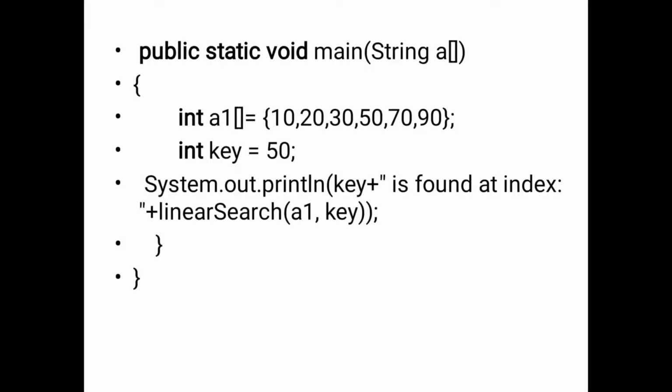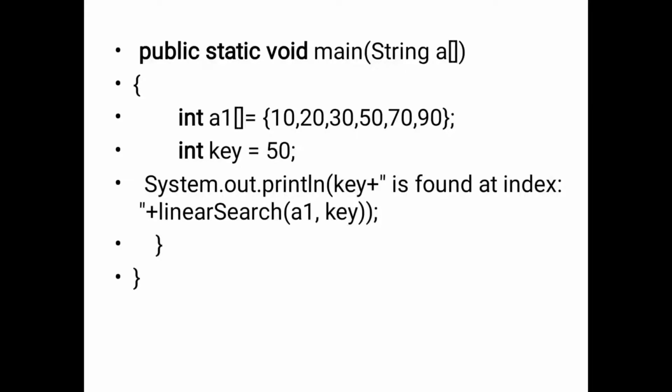Next, we have to search for the element 50 in the list. 50 will be compared with 10. Then the i value will be incremented to 1. Next it will be compared with 20 and 50. Then i will be incremented to 2. Next, the comparison between 30 and 50 happens. The values are not identical, so i will be incremented. Next, 50 and 50 will be compared. Both values are identical, so it will return the position.